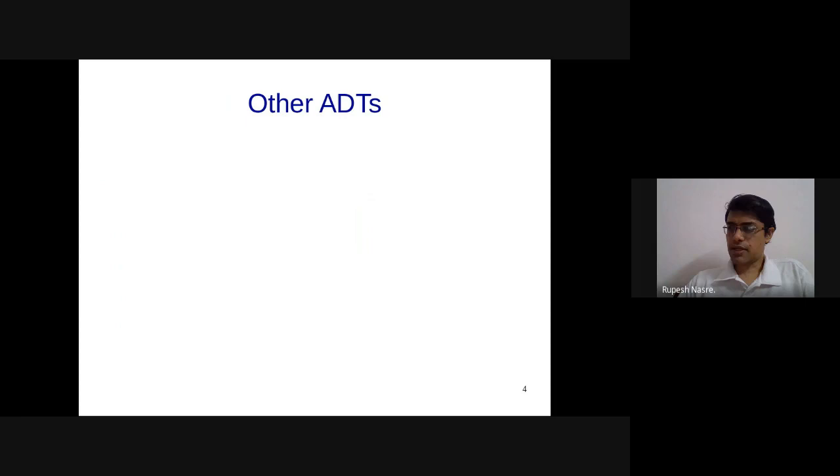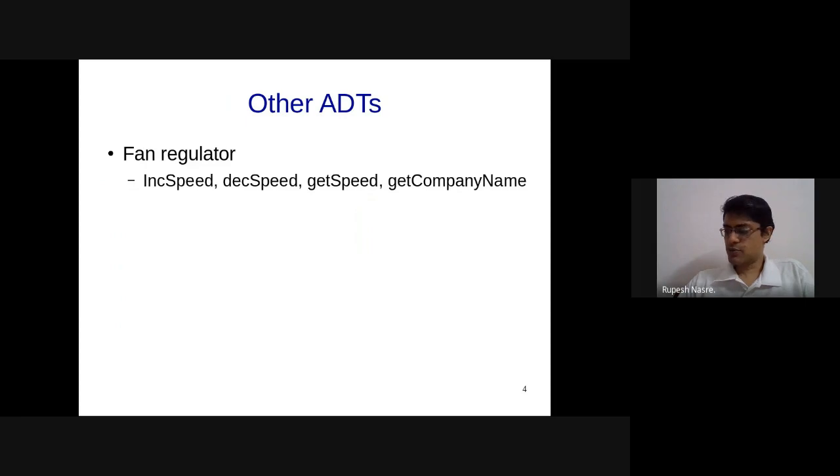So that is what leads to different complexities, and I'll come to the complexities in a while. But let me spend a couple of minutes on that. What is the meaning of an abstract data type? What that means is that if I take, let's say, a fan regulator as an abstract data type,